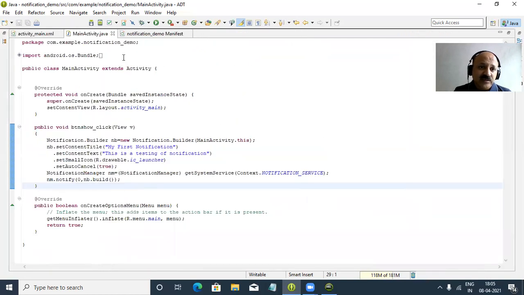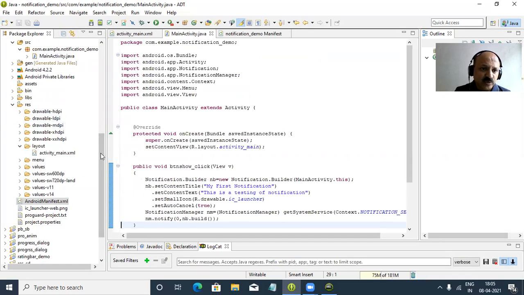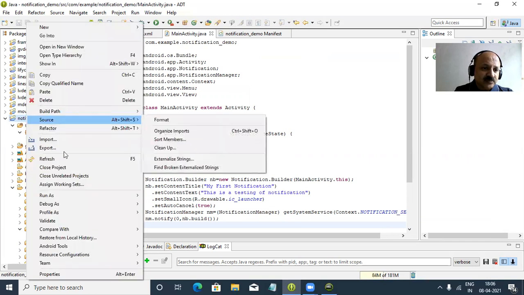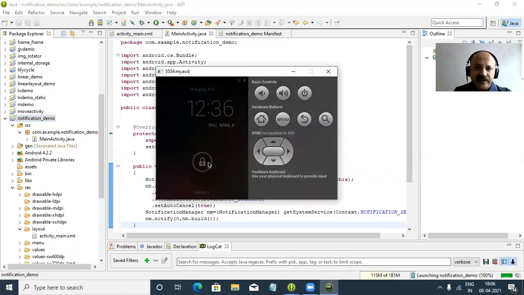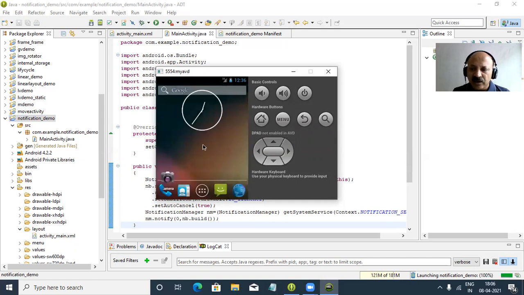Now we can run these apps. So yes, here I open the package explorer. You can look here: apps dot activity, notification and notification manager, and the context class is there. So now we can run our apps and let us see how that notification is issued. So I right click, yes, and run as Android application. Our device is ready, and I open the lock. Yes, and let us check how the notification is issued.